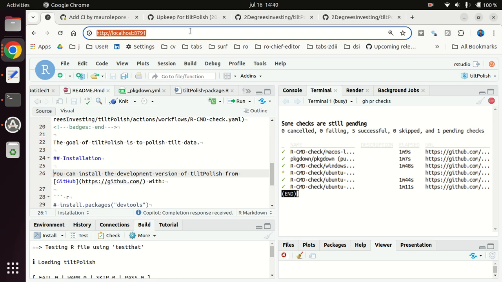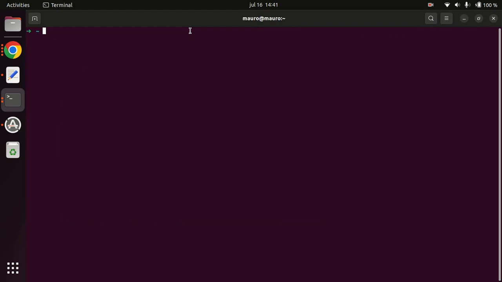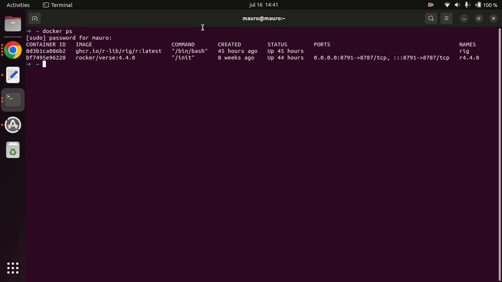But the reason I'm doing this is because I like to keep my own local system as unpolluted as possible, and all my software to be as lightweight and replaceable as possible. So, what do we have here? Let's pop up the terminal. If I do docker ps and show you my running containers, you can see that there is this container called r